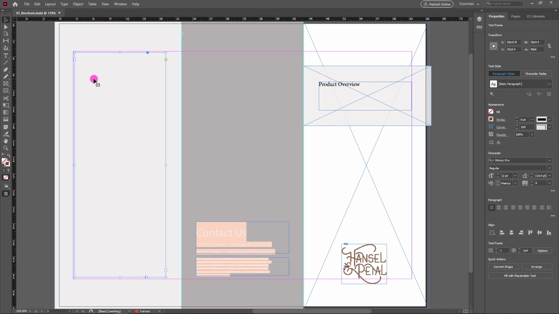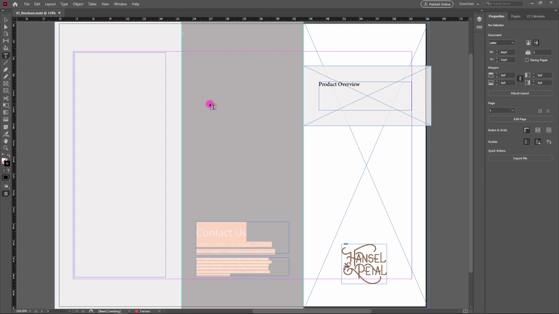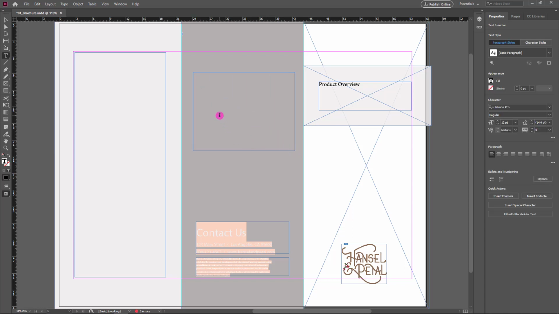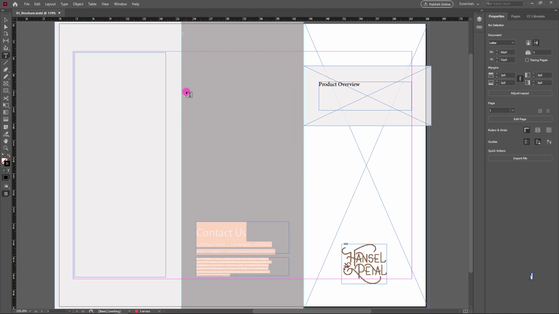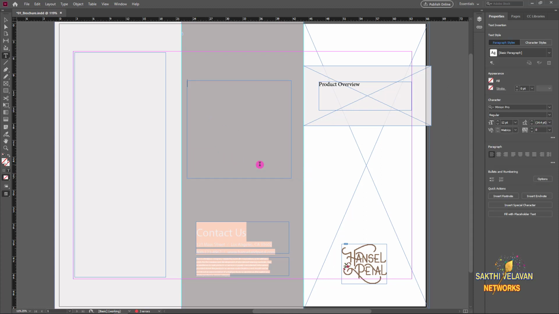If you want to enter text here, you should select the text tool. The text tool can do two things. One is it can create a text frame. Another is it can edit the text. Now I want to create a text frame. So I click here and drag a rectangle. Now we successfully created the text frame. When the text cursor is blinking, start your typing. Or you can easily place the text inside the text frame.